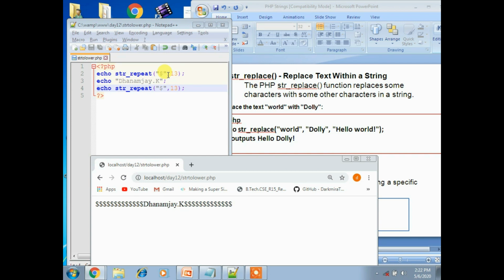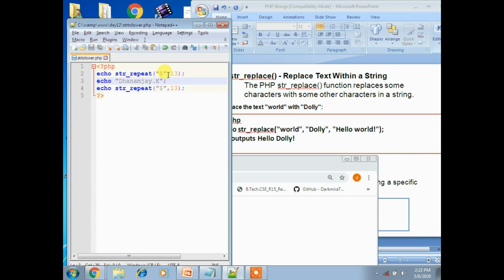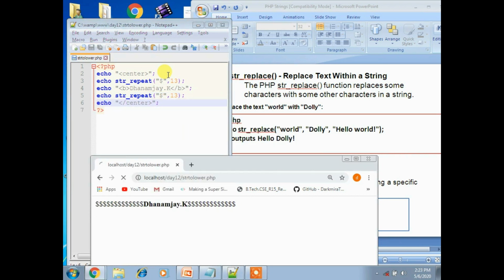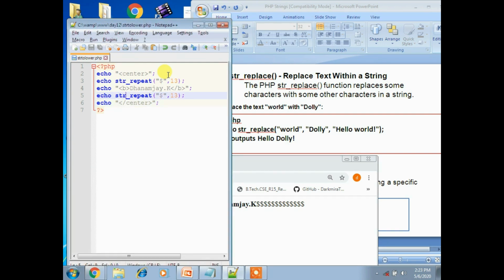I'll get it like that. If you want, you can apply colors also here. If you want to apply bold, you can apply bold here and there. Then refresh this, and it displays a good look and feel, right? So if you want to place echo in the center, use center, and for the same you have to end with the center closing tag, right? You can use it in the middle position.